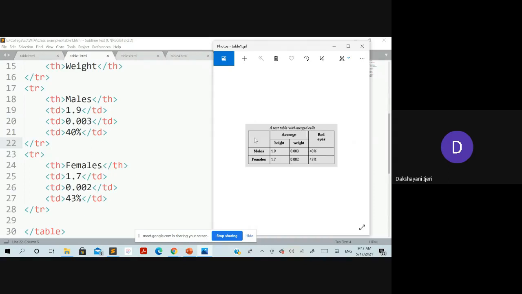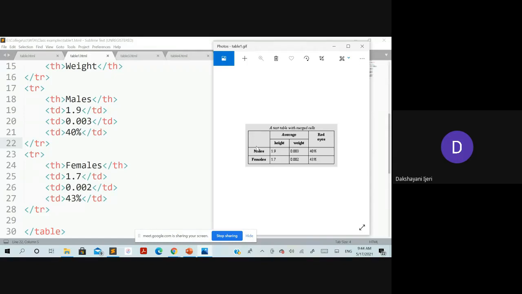Do remember, if you are going to merge with respect to the rows, use the rowspan on the cell where you want to merge it, the first cell only. Here the merging needs to be done with the first cell itself. If you do it for the second cell, it will merge with its next row cell. So make sure that you use the proper attribute with the proper cell, either the rowspan or the colspan. Am I clear here?